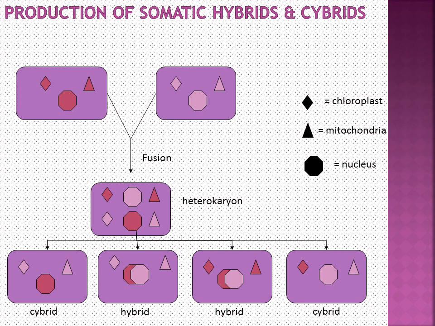And when it is fused, you get a heterokaryon. Karyon means nucleus, so there is a mixture of nucleus as well as chloroplast and mitochondria, which is present in the cytoplasm, is also mixed. Then, when you have the hybrid, there is fusion of the nucleus and there is fusion of the cytoplasm. Whereas in case of the cybrid, there is only one nucleus that is retained. In the first case, you can see the color change. There is only one nucleus, which is just like the parent. Whereas in the cybrid also, you can see that only another nucleus is retained. There is no fusion of the nucleus.